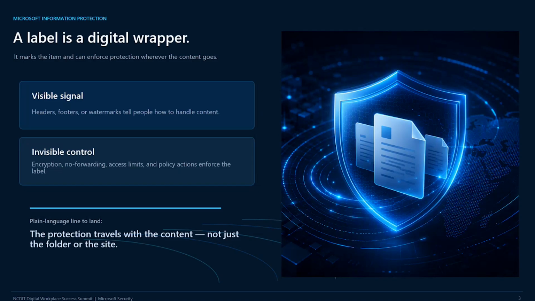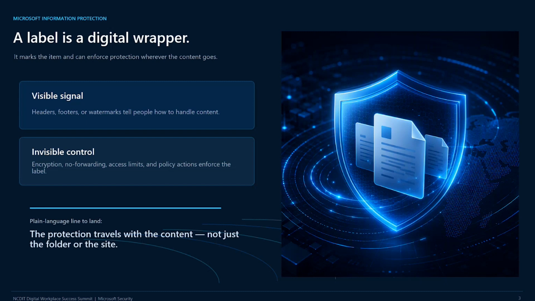So Martha mentioned this: you put a sensitivity label on a file or an email, and it's a wrapper around that file or email. It becomes part of the bits and bytes of that file or email, which means it's going to follow it wherever it goes. It doesn't matter if you attach it to an email or you download it from SharePoint and create a copy. That label, that protection, is still going to be there. In some instances, labels might apply visual markings, headers or footers, maybe watermarks on the data. This is going to be a nice visual indicator, not only to you, but to anybody that you're sharing that data with, that it's sensitive in nature and that they need to be cautious about how they are handling it.